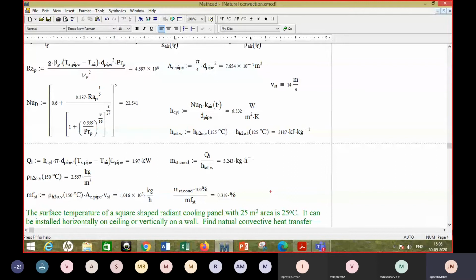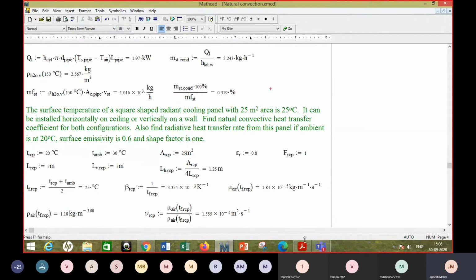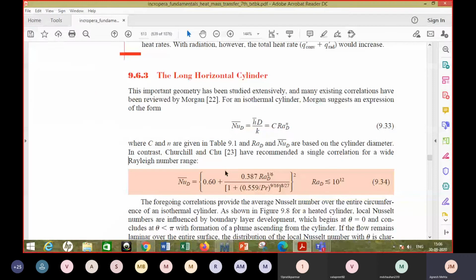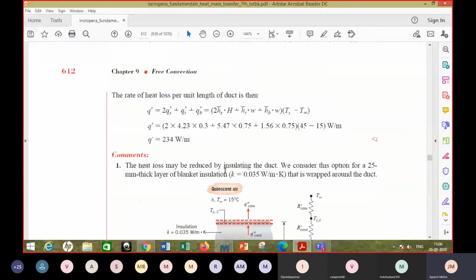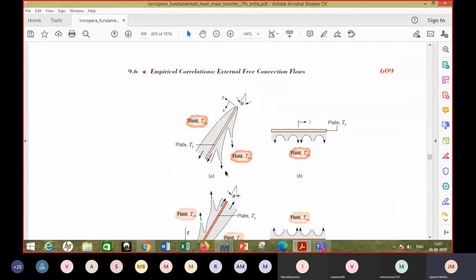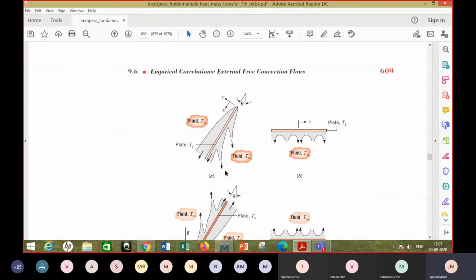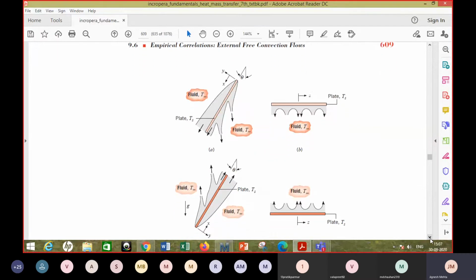Now there is another example on a plate, a vertical plate and a horizontal plate. So we have not talked about any orientation other than the vertical plate. So let's talk about that and then we'll go back to the example. Yeah. So if the orientation is a bit different from that vertical orientation, you can see here that the plate is inclined.